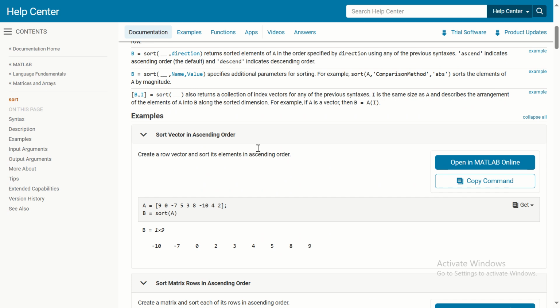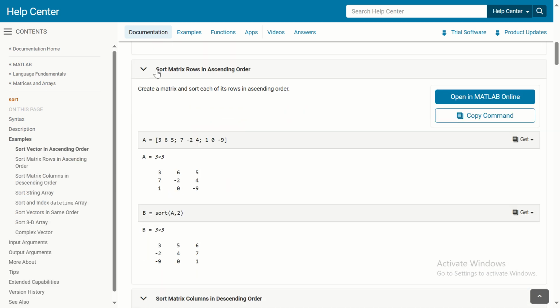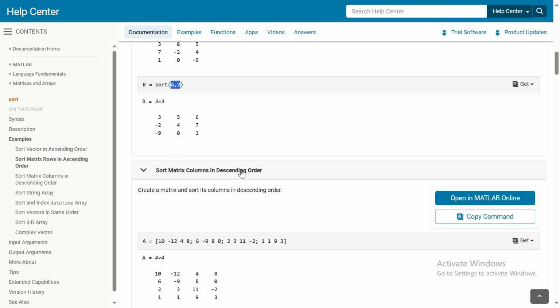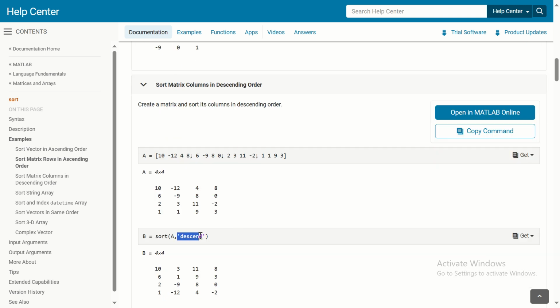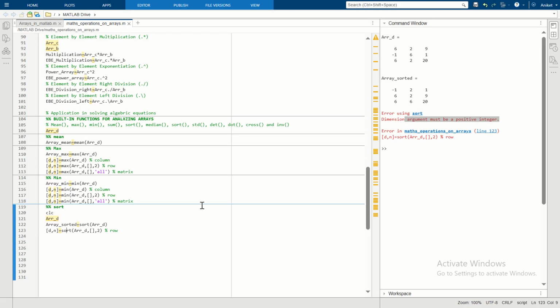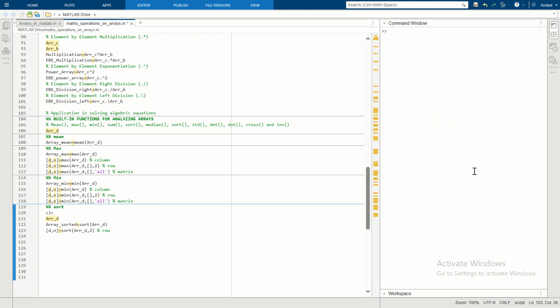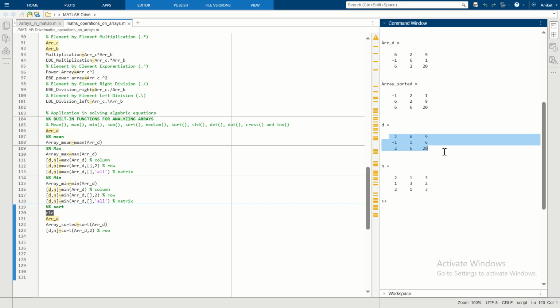Okay, sort vector in ascending order, so sort matrix rows in ascending order. Yes. So sort A comma 2 we have to give it, and for descending order you have to write this descend. Okay, then we perform this sort, and we just have to remove this. So we perform a row wise operation. I think we have to run it once again. Okay, so DTT sorted. You got D and you got the numbers. So D is,